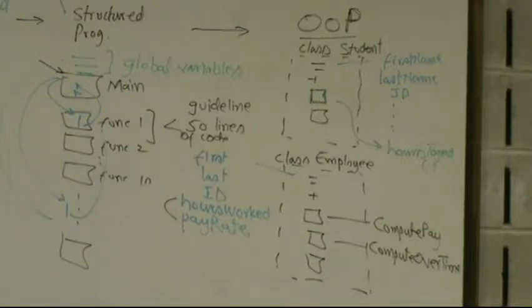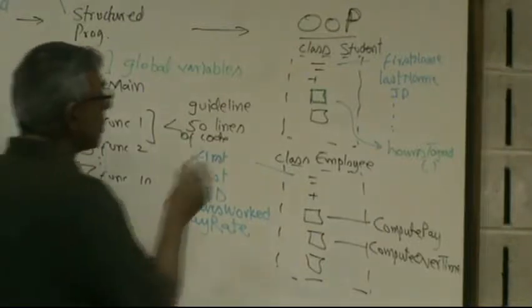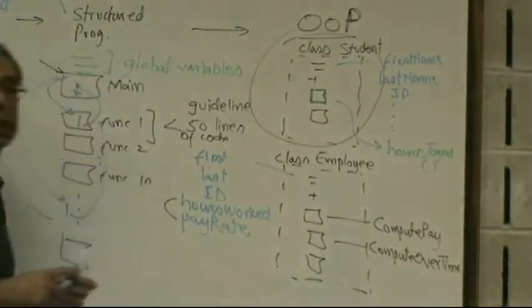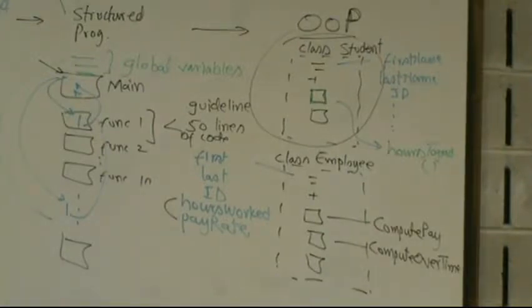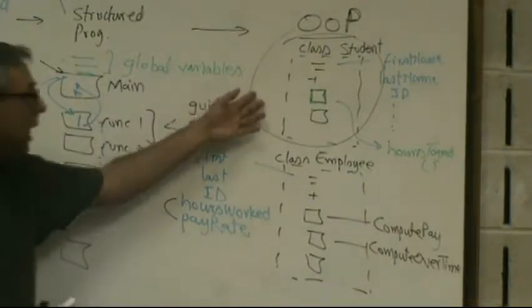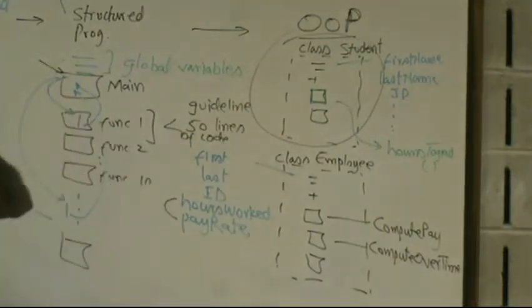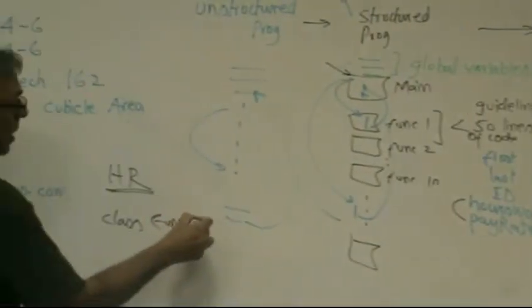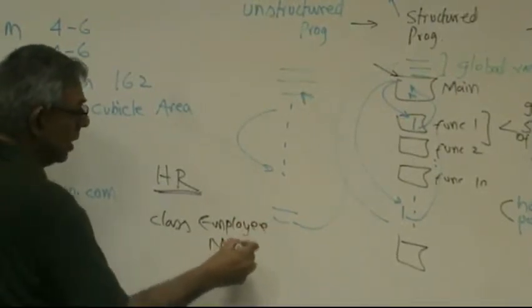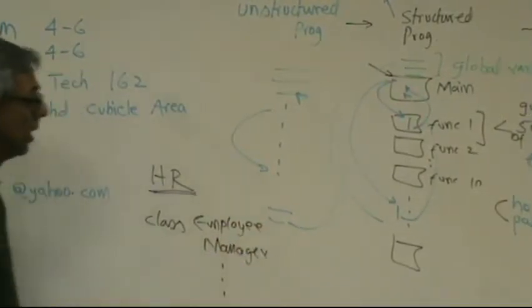Okay, so as we discussed in object-oriented programming, we'll organize our code so that we'll be writing many of these classes, okay? Depending upon what kind of application we are creating, we'll be creating classes representing the physical entities in that particular domain. So for example, if you are creating a human resources application, what kind of classes will we typically need? We will need, let's say, a class called employee, a class called manager, a class called part-time employee, a class called